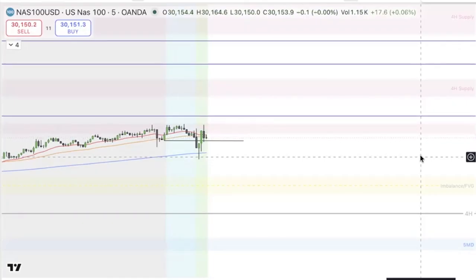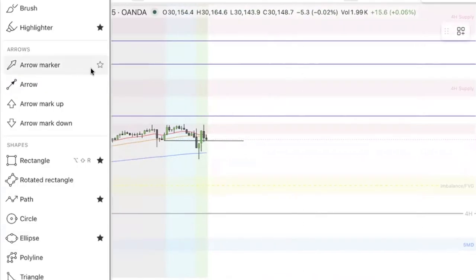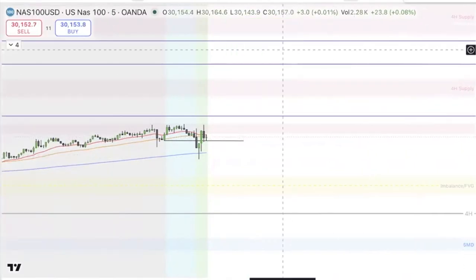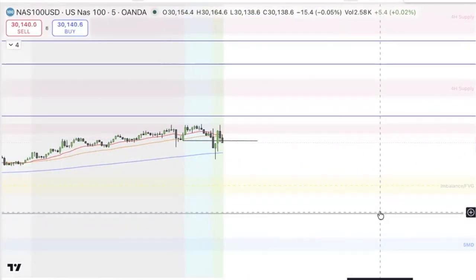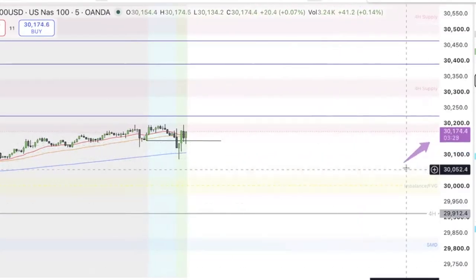So we've got a minor break of structure, and we've got our first candle, our second, and we're waiting on our third candle to give us some confirmation. But we need to be careful that we don't enter too early. We can see that we've still got a little over 3 minutes left, so we're going to wait to see